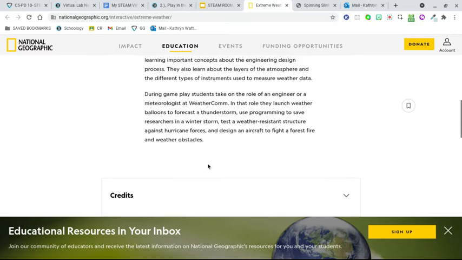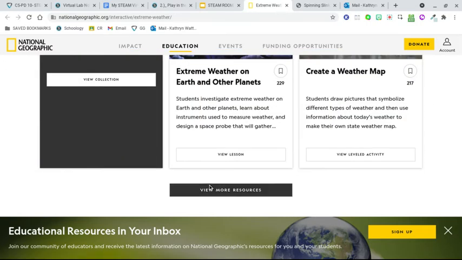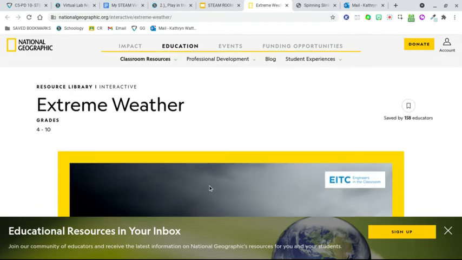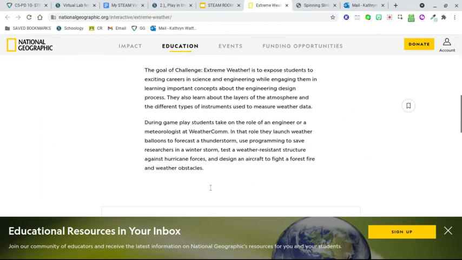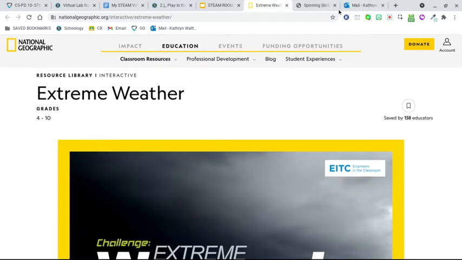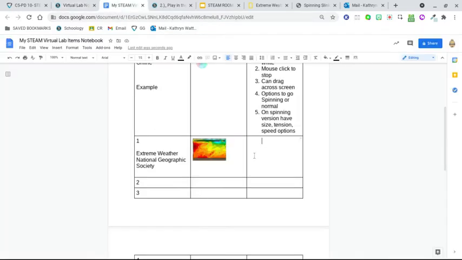So the website loads, it looks like, with information on weather. Okay, it doesn't say really much what to do. Information, careers during the game. So it looks like it's a weather game. So I'm going to put for my first note that it loads